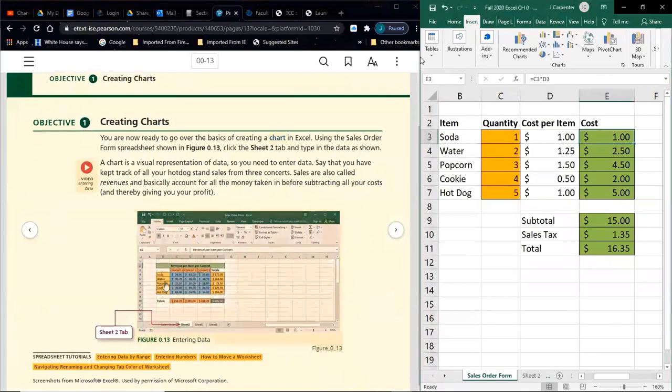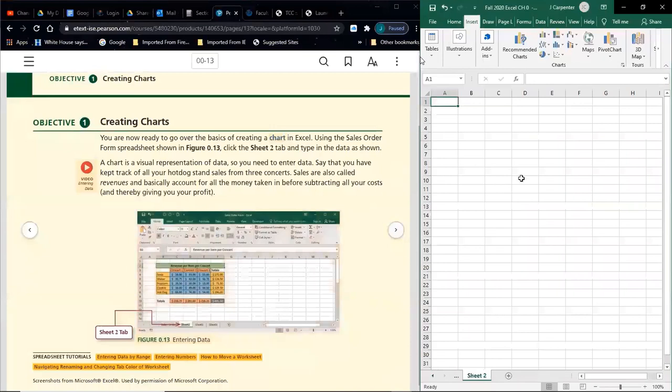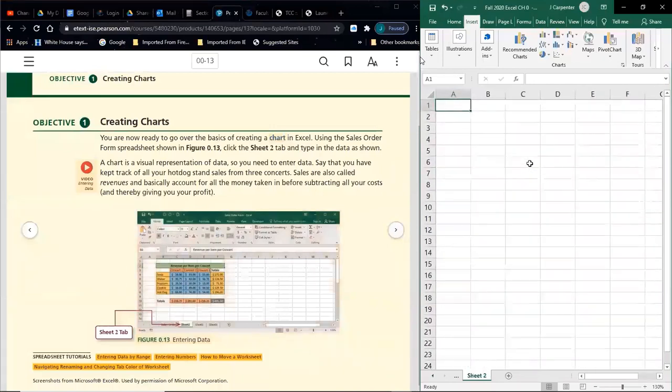And what we want to do is fill out all the information seen here, which is not super massive on your screen, but if you have the textbook and the worksheets in front of you, you can see them a little better. Unfortunately, if I zoom in on this, it's going to mess up the borders of that page. So let's go to sheet 2 on our Excel file. I can zoom in a little in that one. I need to see about that far. That looks pretty good. So in cell, I believe B2, we want to type revenue per item per concert,